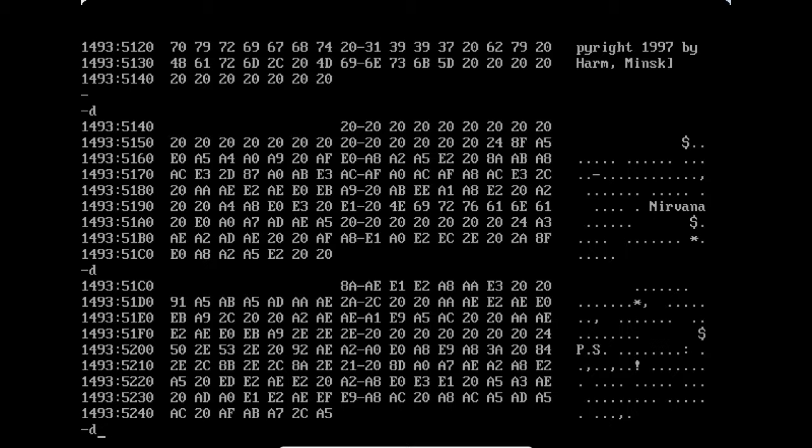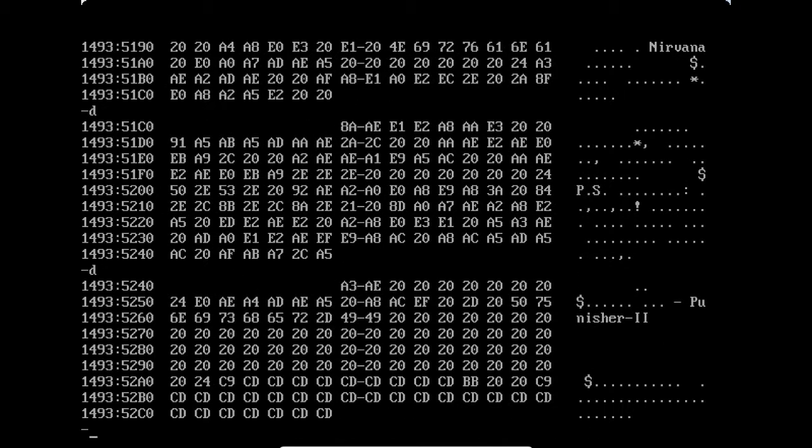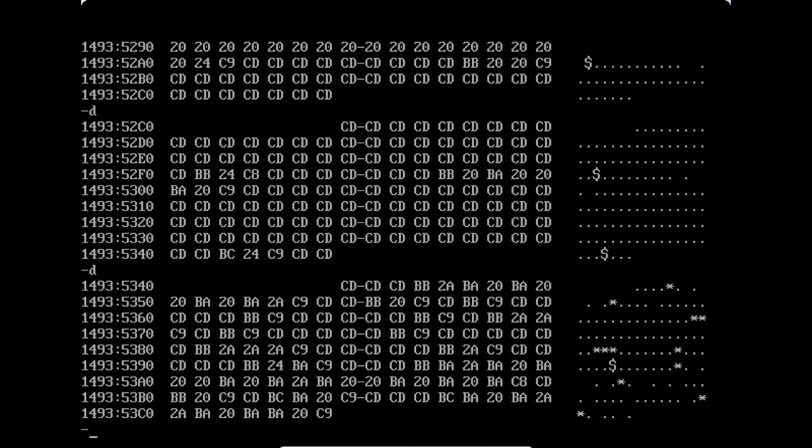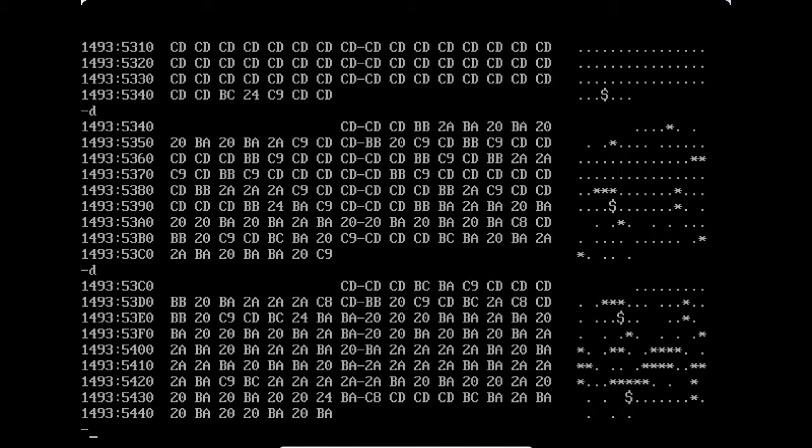And then a bunch of, of course, the dollar signs are line ending things. So basically, this is the text it would be printing out, and then when it gets to the dollar sign, it of course ends the printout line. So it does multiple printouts. Then again, we see Punisher 2, and then more line ending things. And then this is the most unfortunate part about this virus, is that it actually displays some sort of ASCII art here,